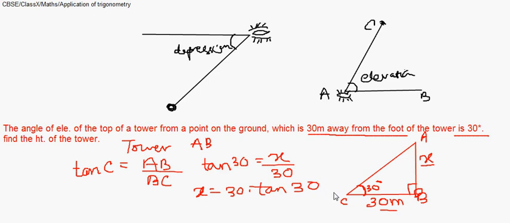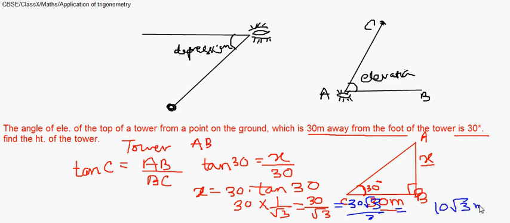Tan 30 is 1 by root 3. So 30 into 1 by root 3 is 30 by root 3, and if I rationalize it, I get 30 root 3 by 3, which gives me 10 root 3 meters. I'm really sorry for overlapping that writing, but ultimately 10 root 3 meters will be the height of that tower, which is AB. Okay,